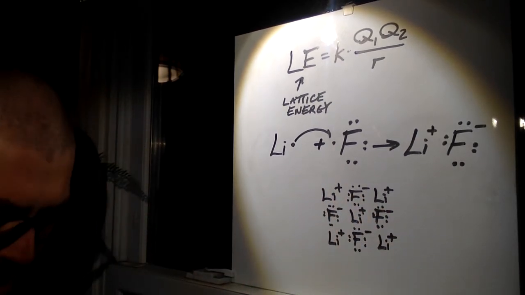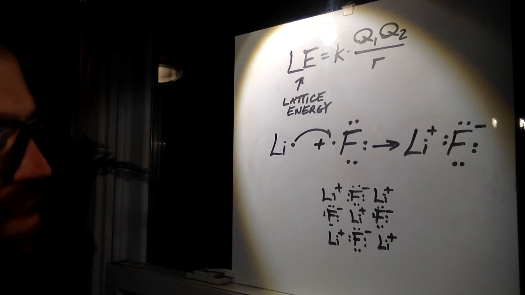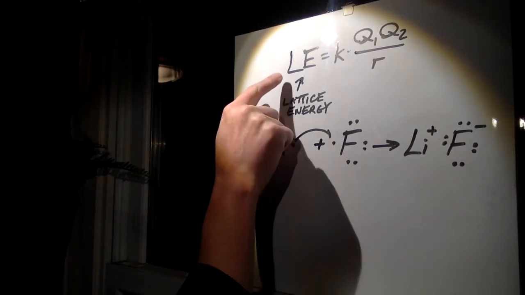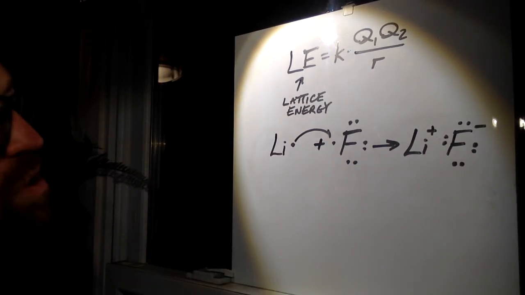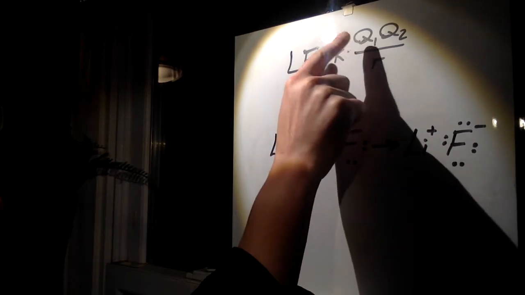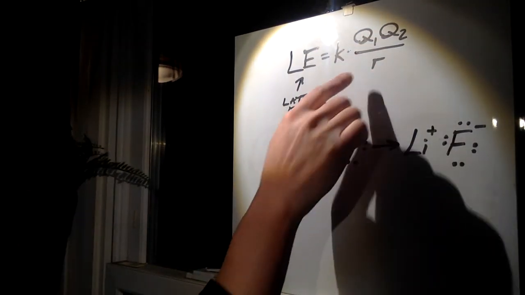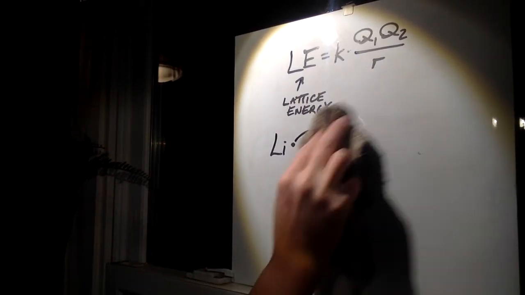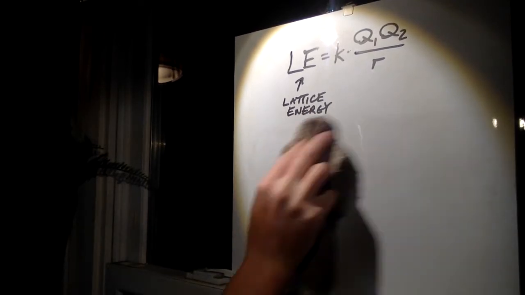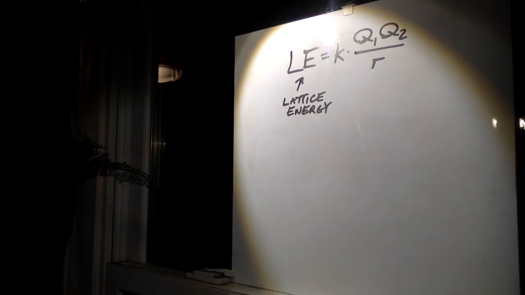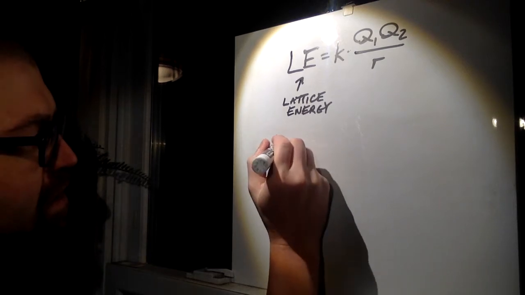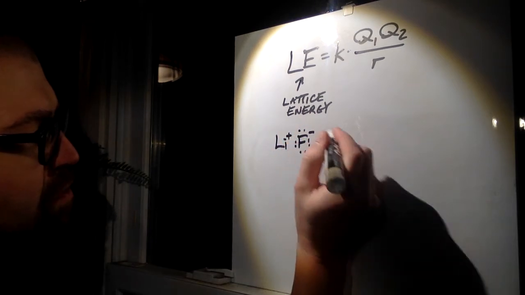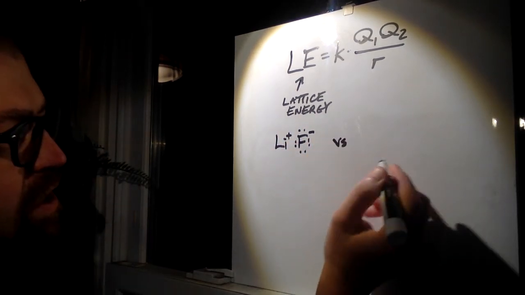Now, what we can do at this point is compare salt crystals to other salt crystals, meaning the strength of that lattice is going to be dependent upon two things. One, the size of the charge, and two, the radial distance between those charges. So let's take distance first, because that's perhaps the simpler one to take. So if we look at, say, lithium fluoride, and compare it versus, say, lithium